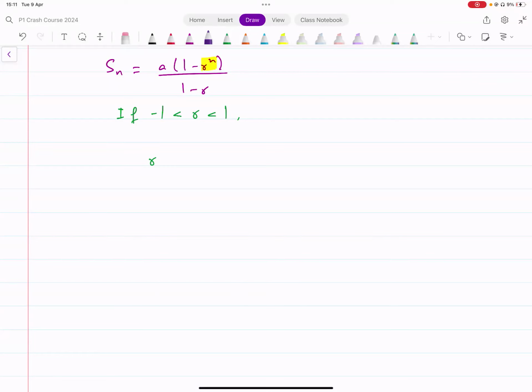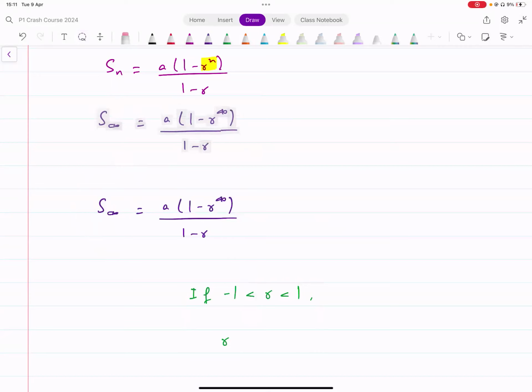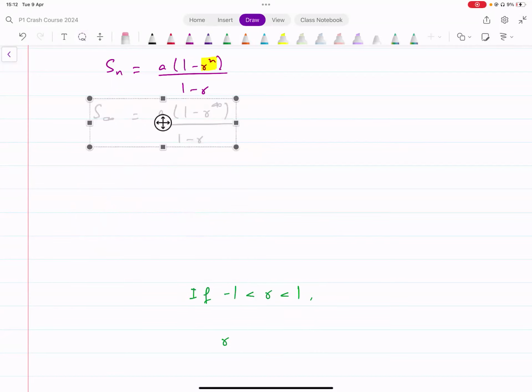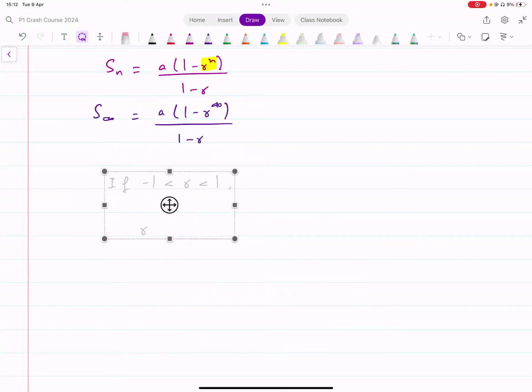What would the sum to infinity look like? Using the sum formula, if you had to find the sum to infinity, this is what it would look like: a into 1 minus r raised to power infinity divided by 1 minus r. Now, if the ratio is between -1 and 1,